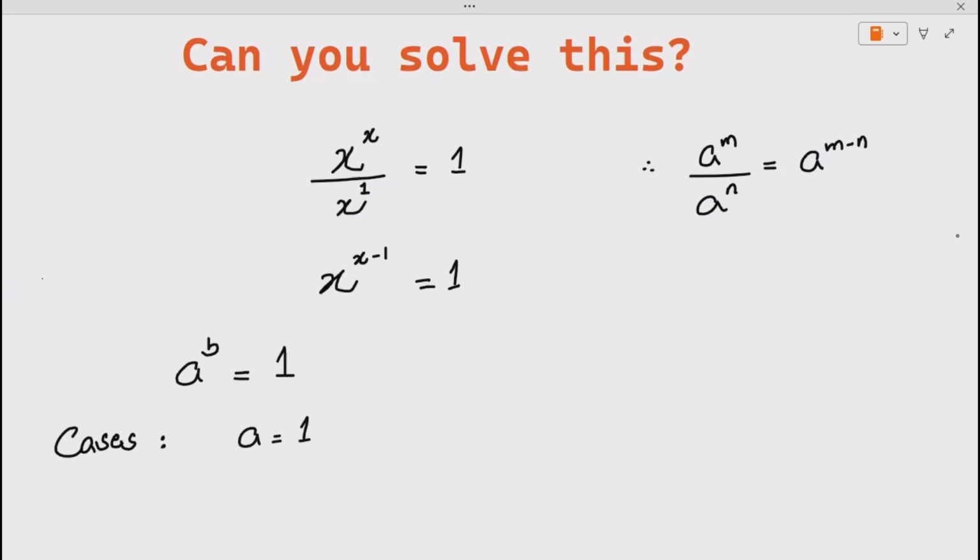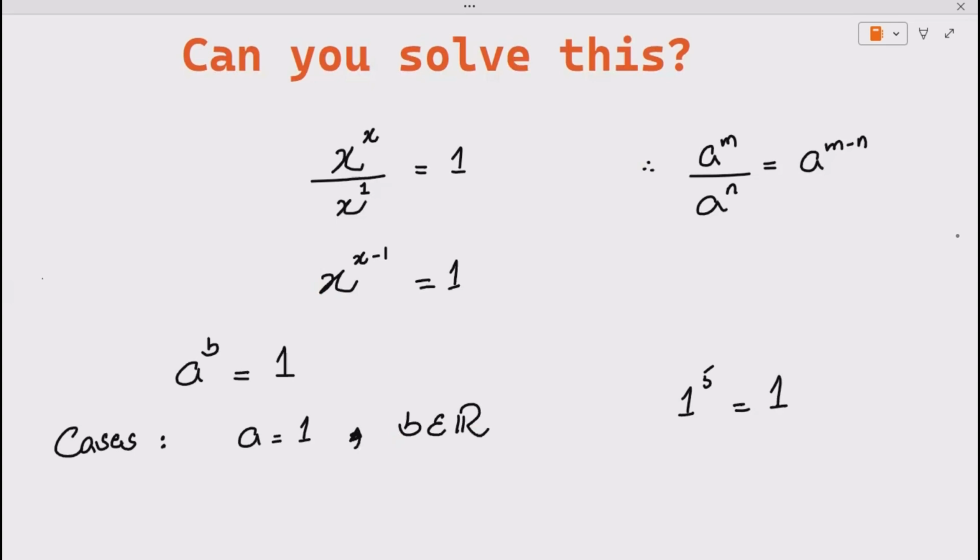So our base is 1 and the power is anything, because we know that any power of 1, i.e. 1 raised to the power 5 or 7 or 9, always equals 1. So one case is a is 1 and b is anything,